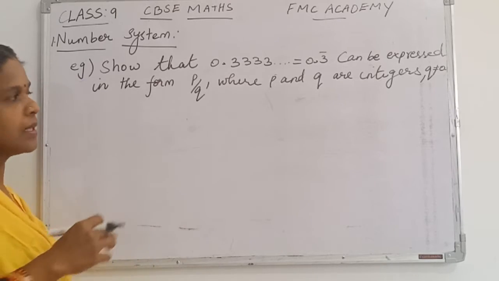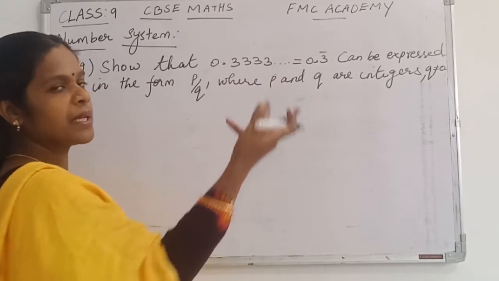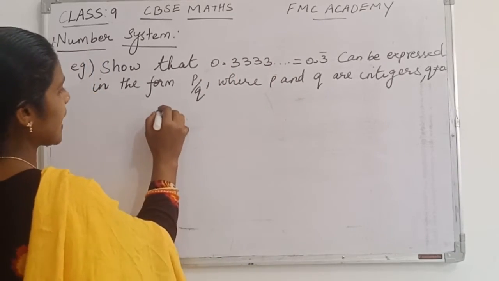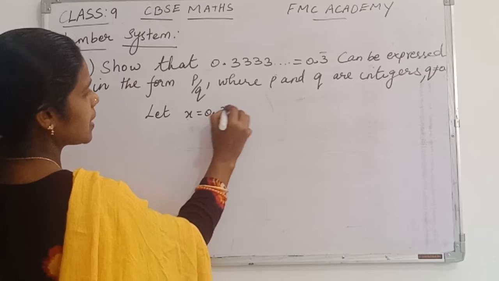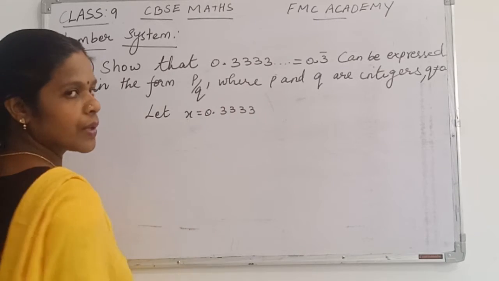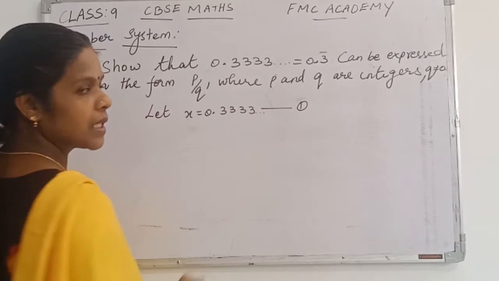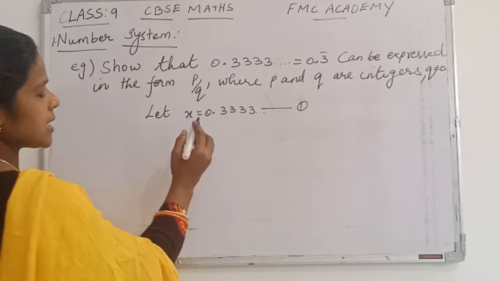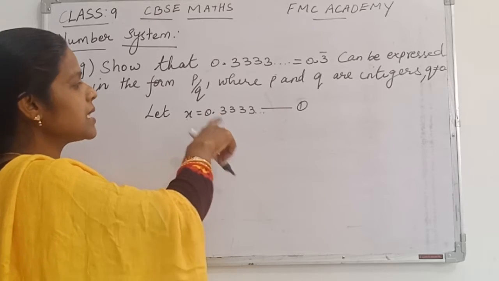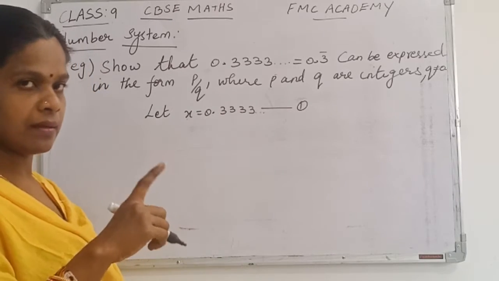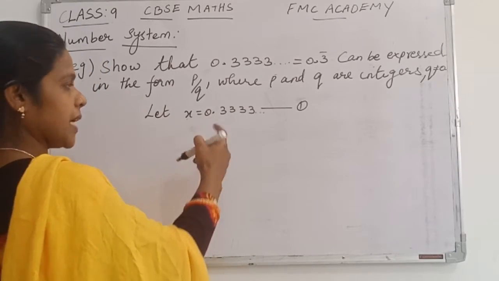Now see how to convert. The first step: for what is given, you give it a name, because here it is just a number, and no name is given for the number. So let us take it as: let x is equal to 0.3333. Okay, done. So this you give as equation number 1. The next step, now just see how many digits are recurring. In this sum only one digit, that is 3, is repeating again and again. So as only one digit is repeating, we are going to take 10 and multiply on both the sides.